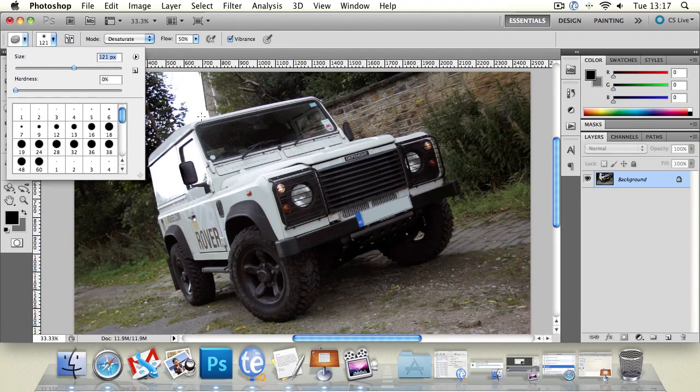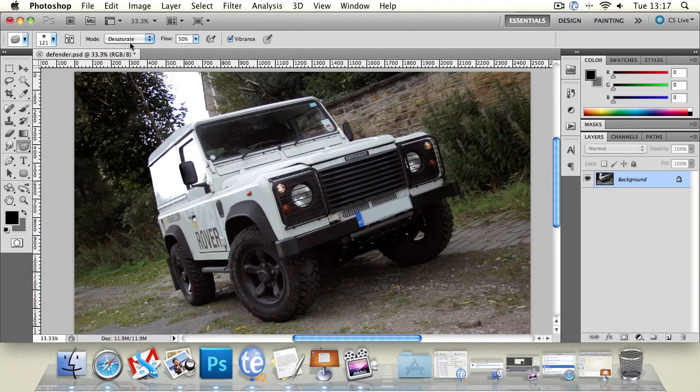So it's actually a brush-based tool again, so you can have different shapes, different hardnesses, whatever you want, and you can set it to desaturate mode. You can actually do flow with this, which is good, because the more you go over an area, the more desaturated it gets. So let's just take out the colour from down the side here, and you can see we're actually removing any colour in our image. It's all converting to either black, a white or a grey, as though it was a black or white image, which is very interesting, and it's a cool effect. You can use it quite a lot,